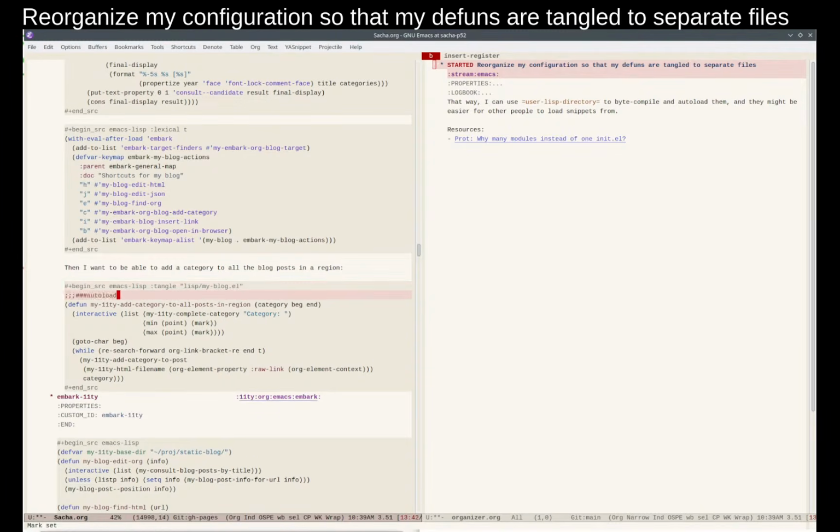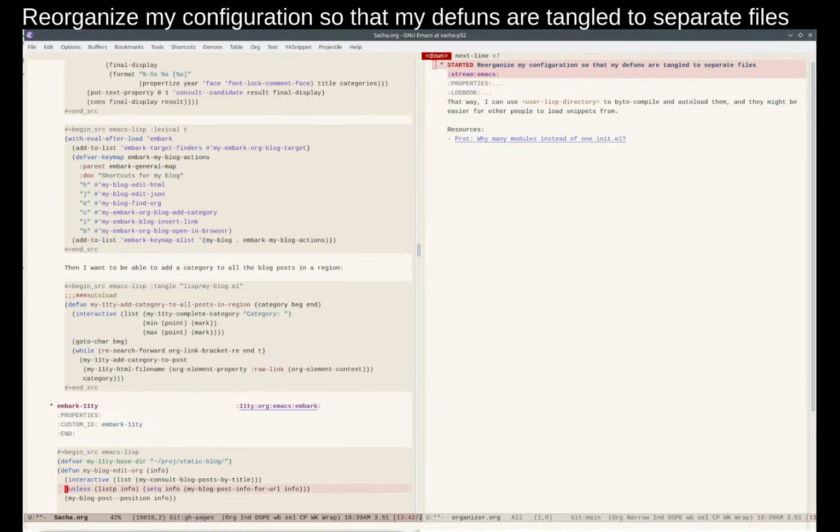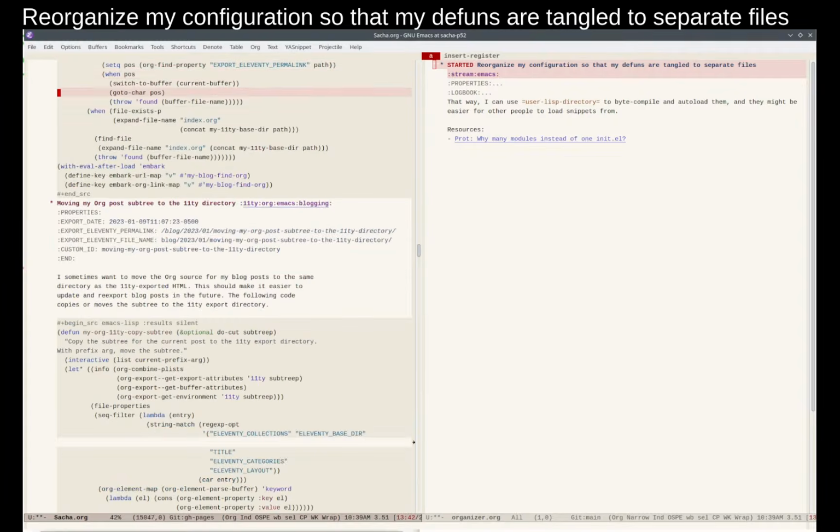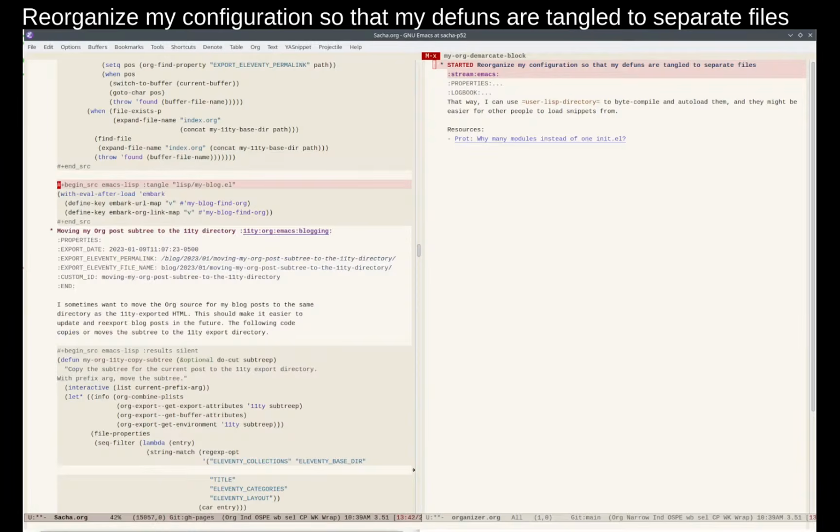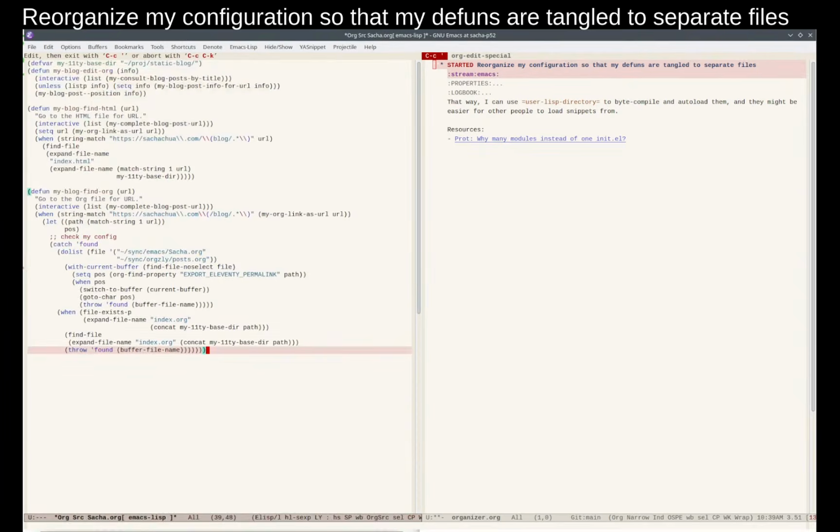So I'm doing the separation between things that just define functions, which maybe anyone can load, and things that actually modify Emacs's behavior, which people want to do a little bit more thoughtfully. And eventually, someday I will have wonderful dev customs and whatnot for this. But just as a starting point, you know, could be helpful. Demarcate that block, take that out, and then